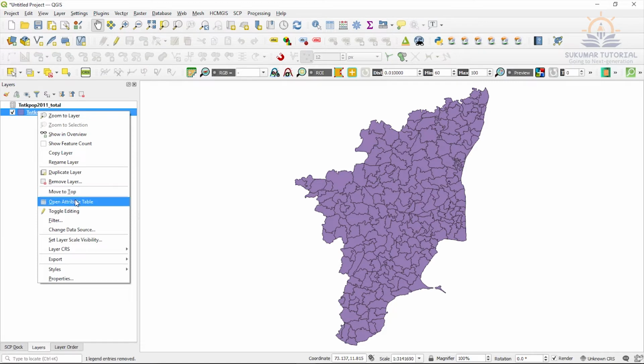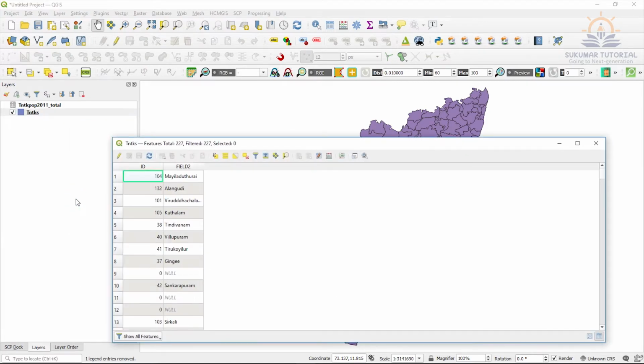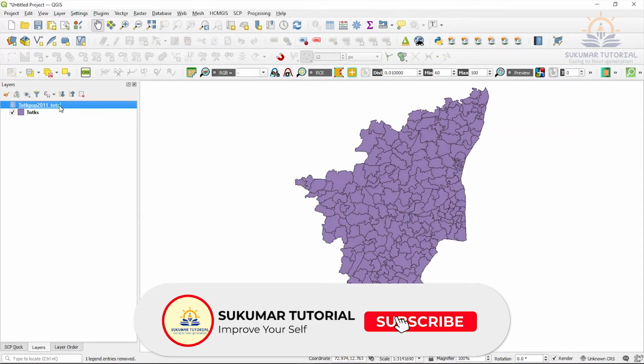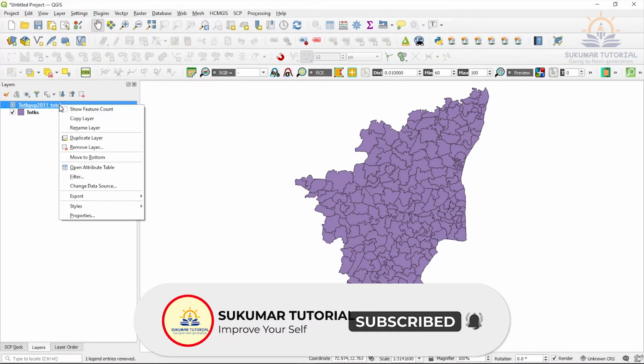For the Tamil Nadu Taluk polygon layer, you highlight it and then go to the attribute table. When you go to the attribute table, you have ID as well as the Taluk names. Only two fields are there in the polygon.